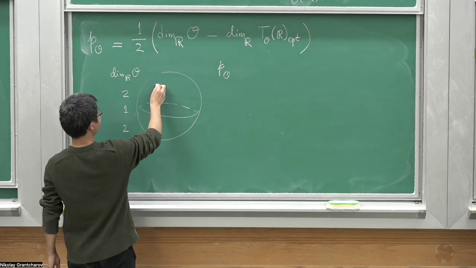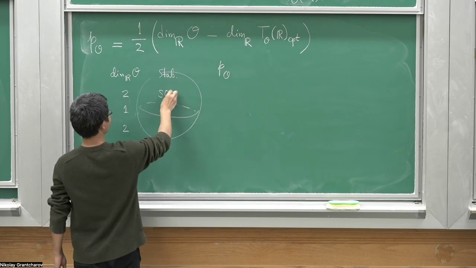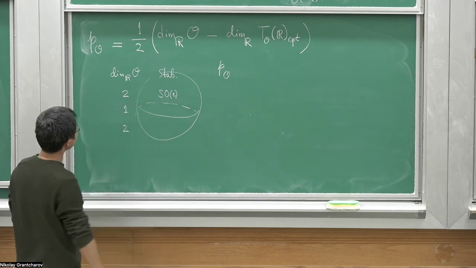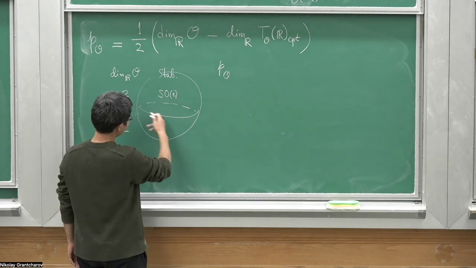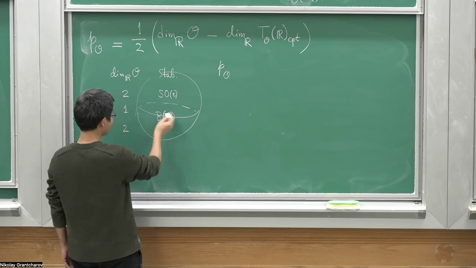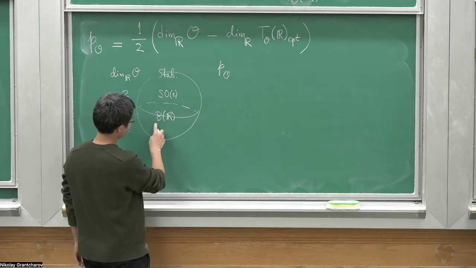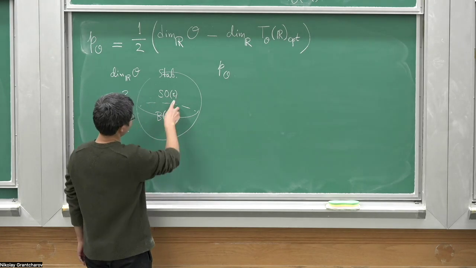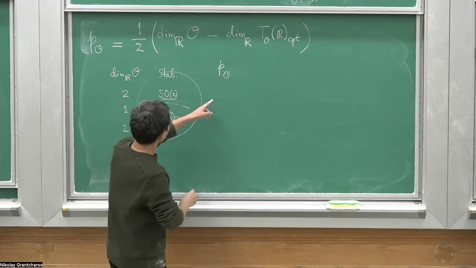Here the stabilizer is SO2. So it's a half plane. The stabilizer is SO2. Along the equator, the stabilizer is the split Borel in SL2R. So this is a compact torus. That means you have to subtract